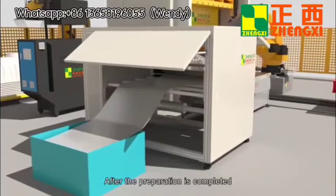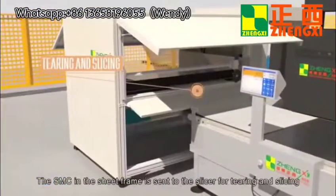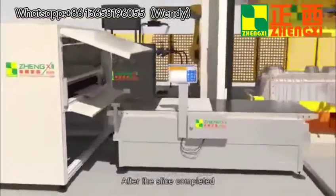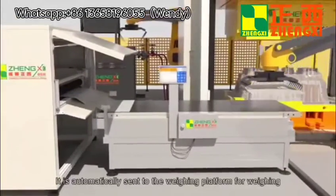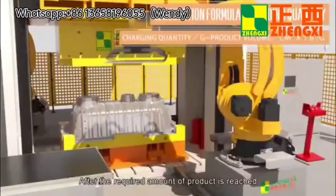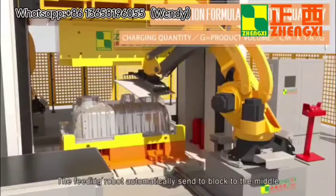After the preparation is completed, the SMC in the sheet frame is sent to the slicer for tearing and slicing. After the slicing is completed, it is automatically sent to the weighing platform for weighing. After the required amount of product is reached, the feeding robot automatically sends it to the middle of the mold